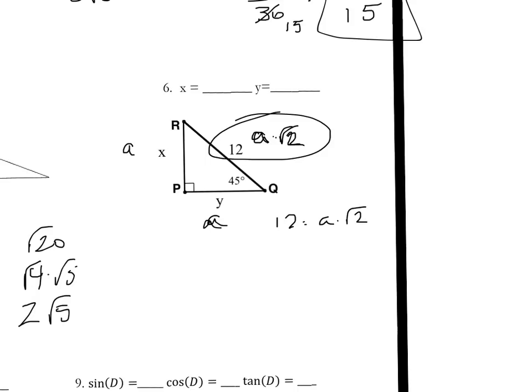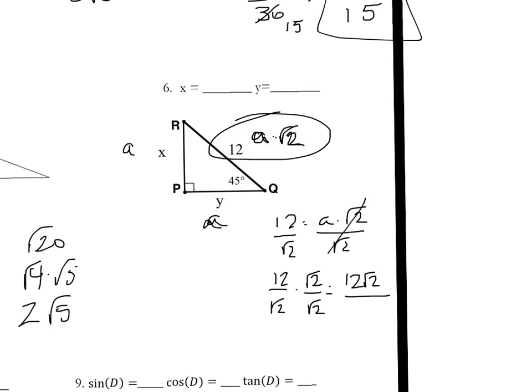So if I'm trying to solve for a, I need to divide by square root of 2, divide by square root of 2. So those cancel out, and I get 12 over root 2. I'm going to write that, because remember we have to rationalize the denominator. Multiply by a form of 1, which is square root of 2 over square root of 2. Multiply across, I get 12 times the square root of 2 over